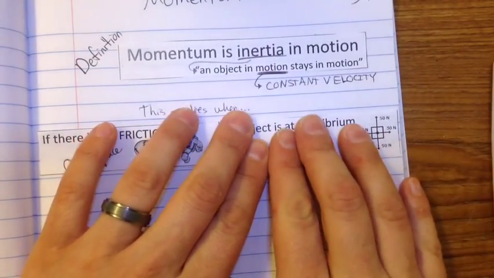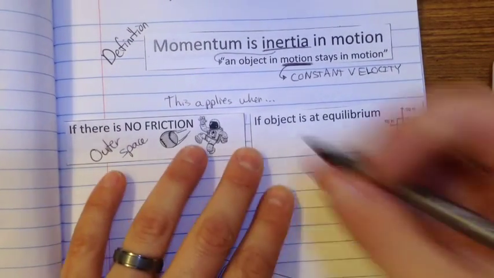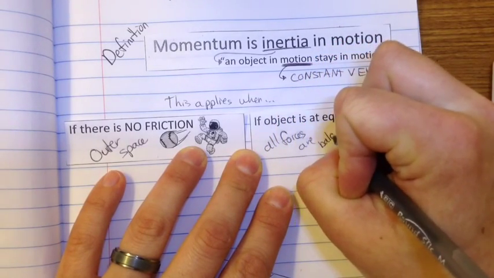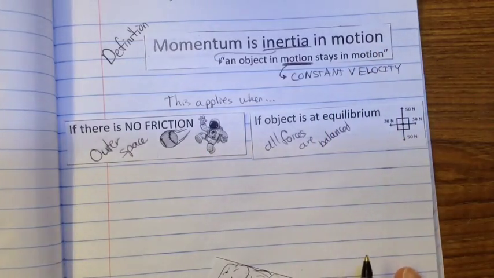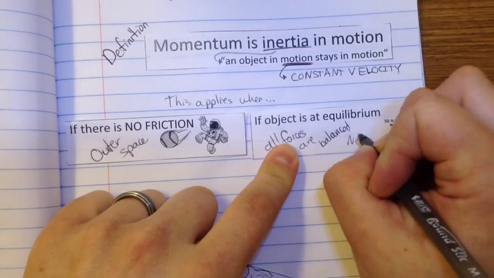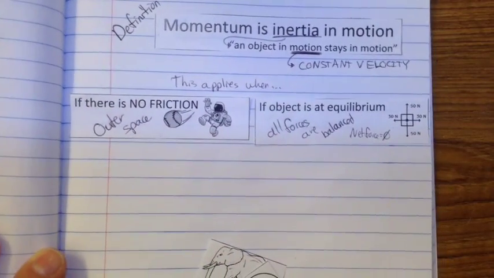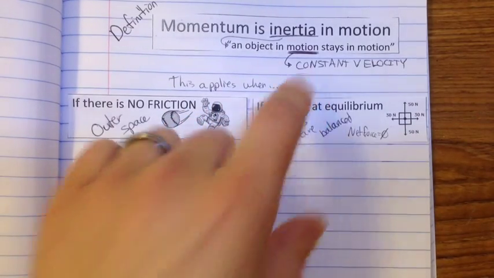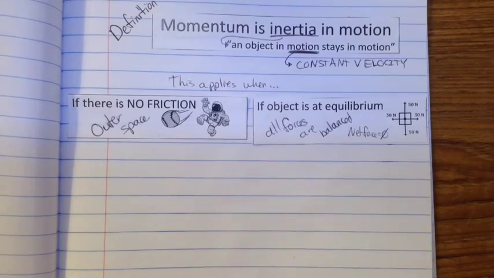Those two barely fit side by side, so be careful when you glue them in there. Object is at equilibrium. All the forces are balanced. So our little picture here: 50 up, 50 down, 30 to the right, 30 to the left. Forces on that are balanced. The net force equals 0. When our net force equals 0, we are at equilibrium. In either of these two situations, the object will have a constant velocity. If the object has a constant velocity because all the forces are balanced or there's no friction, then we